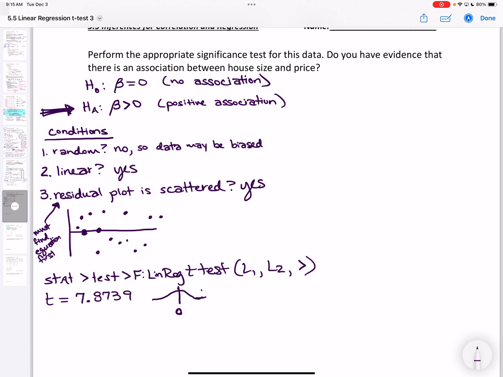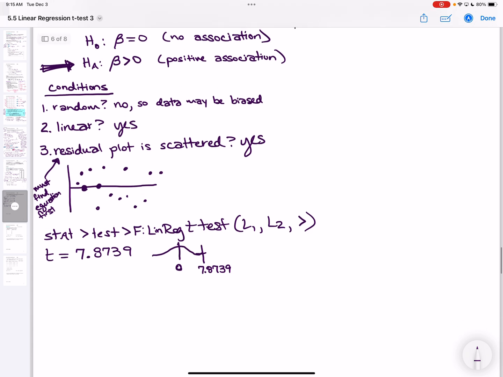Way up here, right? If there is no association, that'd be 0, or a number really close to 0. I got a really big number, right? So the positive test statistic suggests a positive relationship